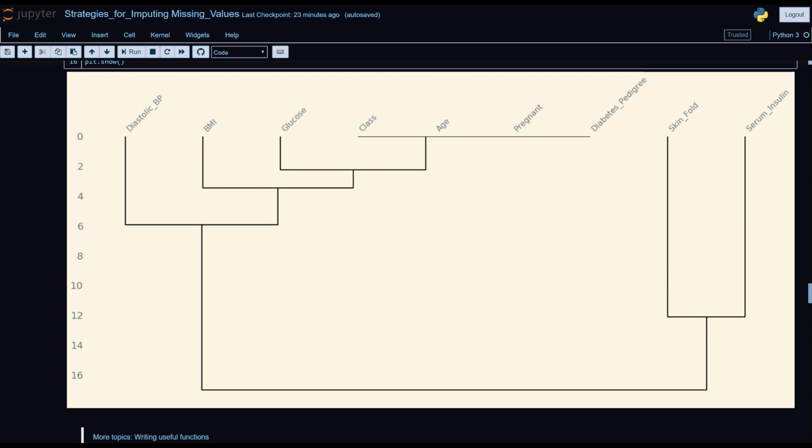Now you can see that the dendrogram makes clusters closely, where it finds a correlation. If you see the skin_fold and serum insulin, they have a strong correlation and are kept in a separate group, whereas class, age, pregnant, and diabetes are in one group, and glucose is kind of close towards the class and age. But glucose is also a bit close to BMI,